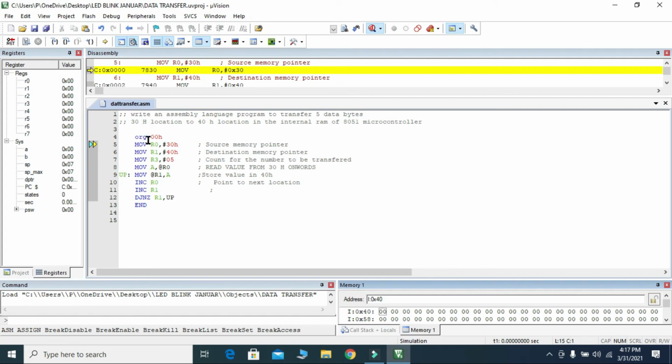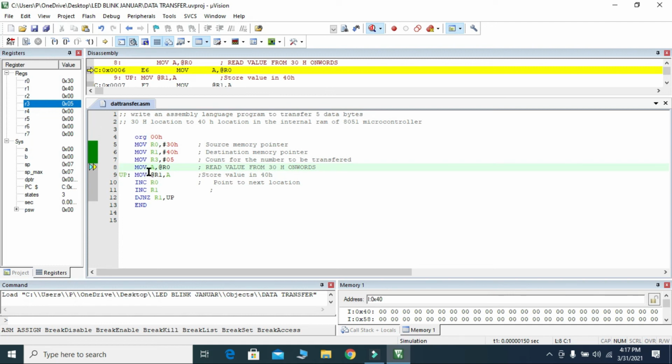After running this instruction we can see the changes. Now run step by step. In step 1, R0 is loaded with 30H. In step 2, R1 must be loaded with 40H. You can see R1 is loaded with 40H. In the next instruction, R3 is loaded with 5, which is the counter.